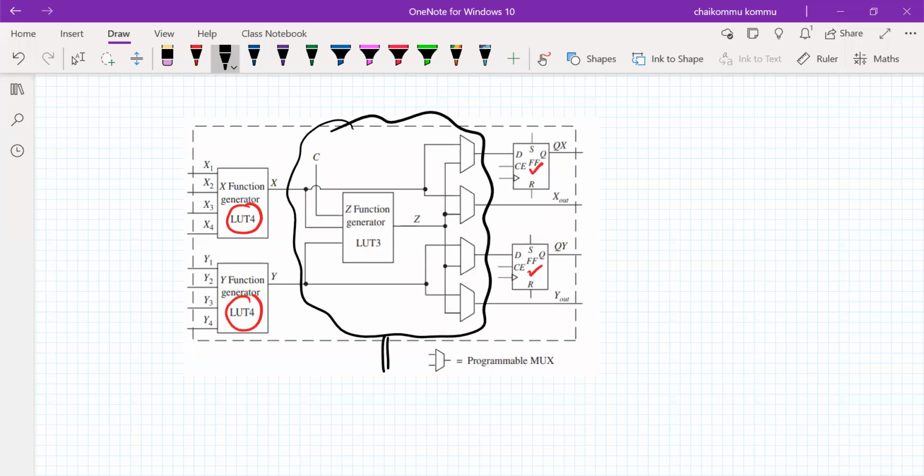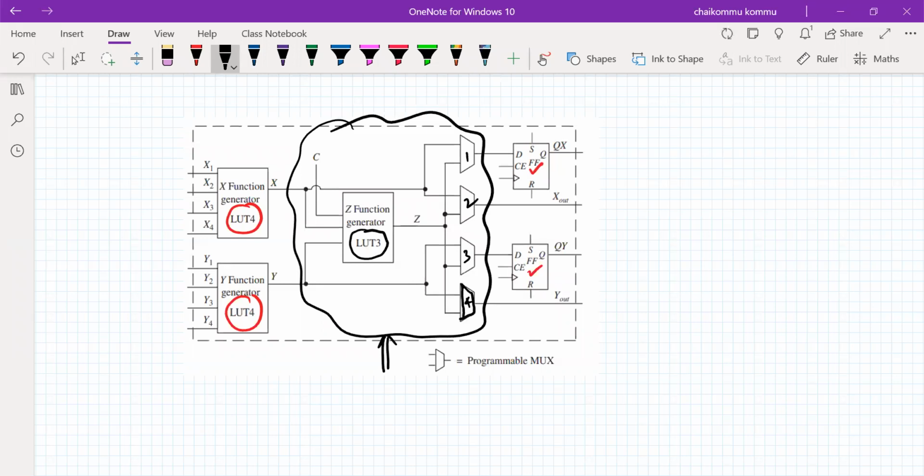So as I mentioned, from one FPGA version to another, or from one particular FPGA company to another, they can modify the CLB for their requirements and specifications. Here they have introduced another lookup table, a 3-input lookup table. In addition to that, programmable multiplexers are also used here. This is one multiplexer, 1, 2, 3, 4 multiplexers. Depending upon the requirement they have used this.